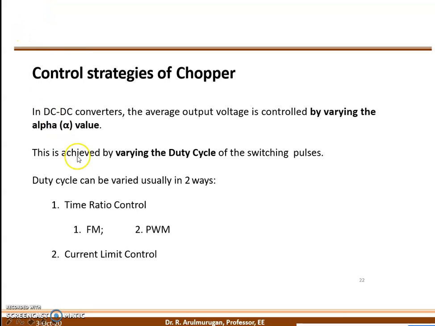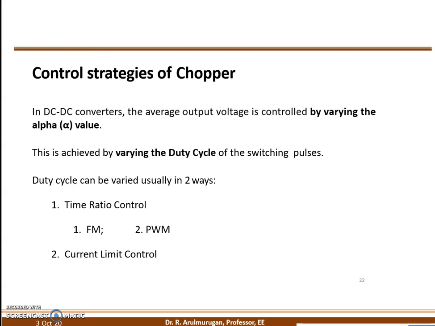In power electronics, there are two major parts. One is a triggering circuit, another one is a power circuit. The power circuit, you can say about that one. Converter, all the converters are power circuits.